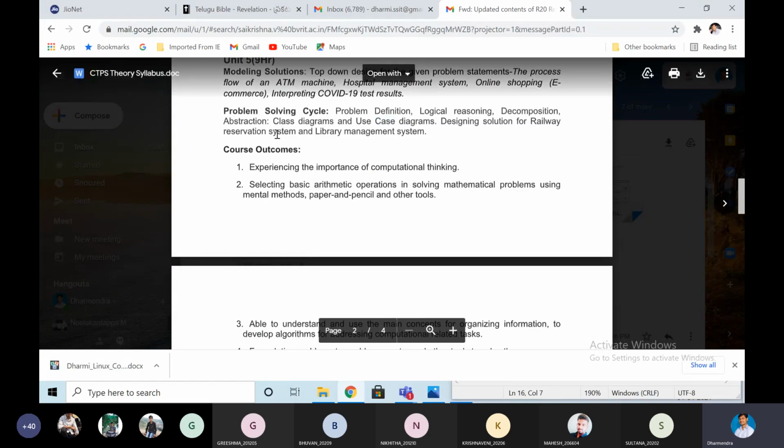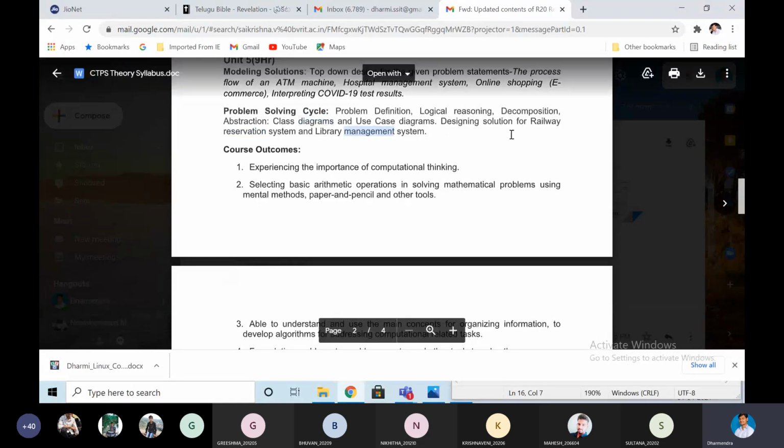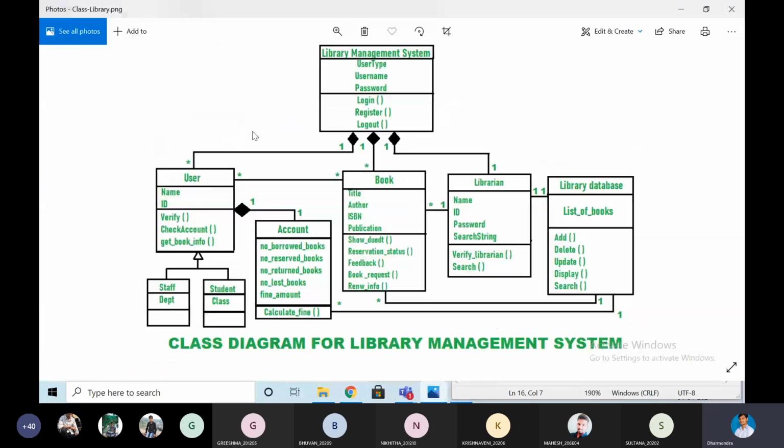And they have given another one, the railway reservation system. Draw the class diagram for ATM, library management system, and railway reservation system. This is for the class diagram.